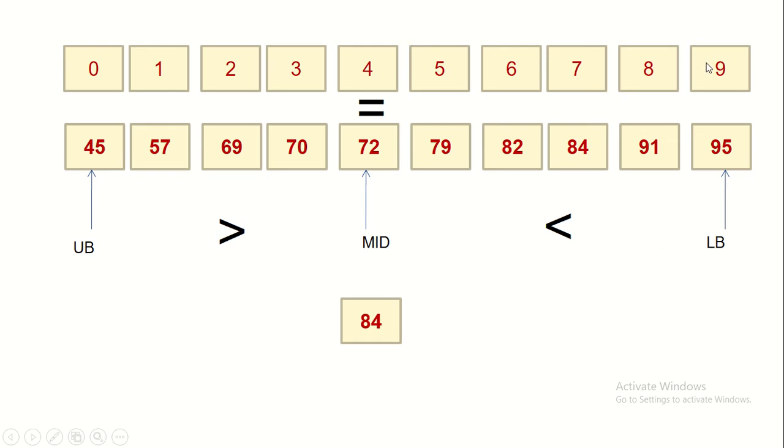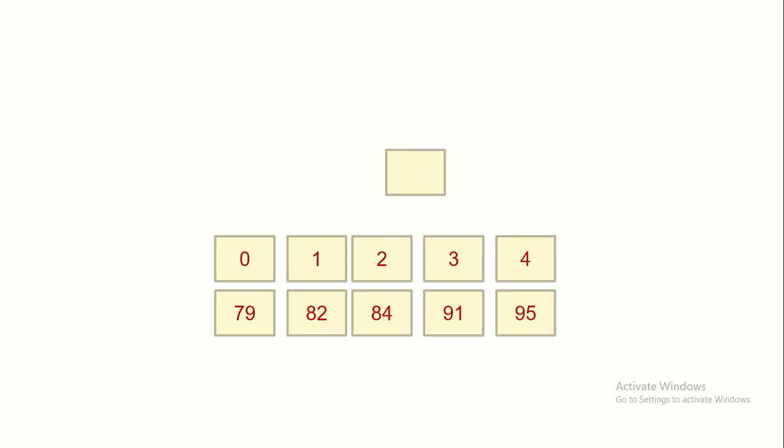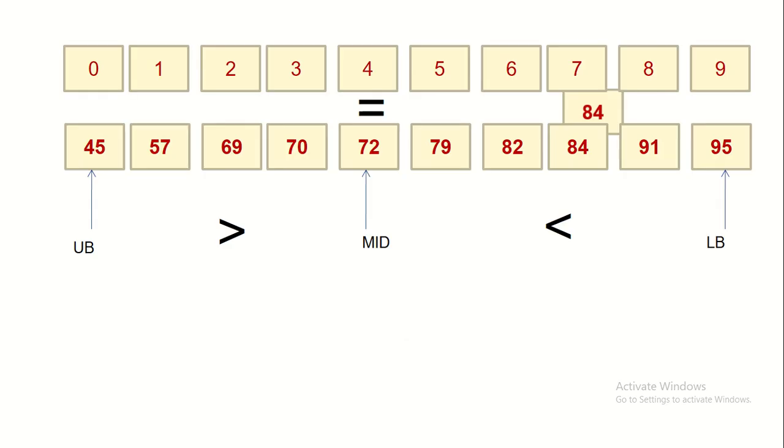Lower bound is from here to here. If the middle element is greater than the number to be searched, I have to confirm that it is in the upper bound, so from here to here. If the number to be searched matches the middle element, I will directly go with the number is found. Since the element is on the right-hand side, I say that it is available in the lower bound. So I am going to crop, trim all these data, and take the data from 5, 6, 7, 8, 9.